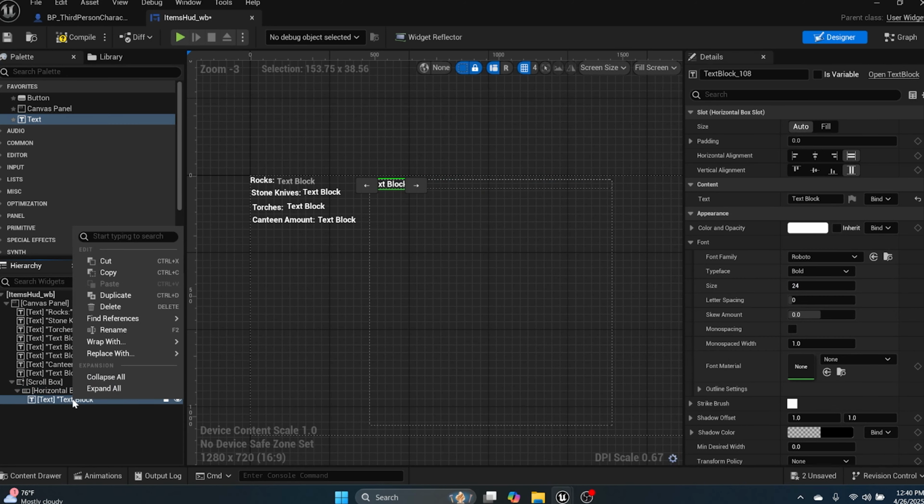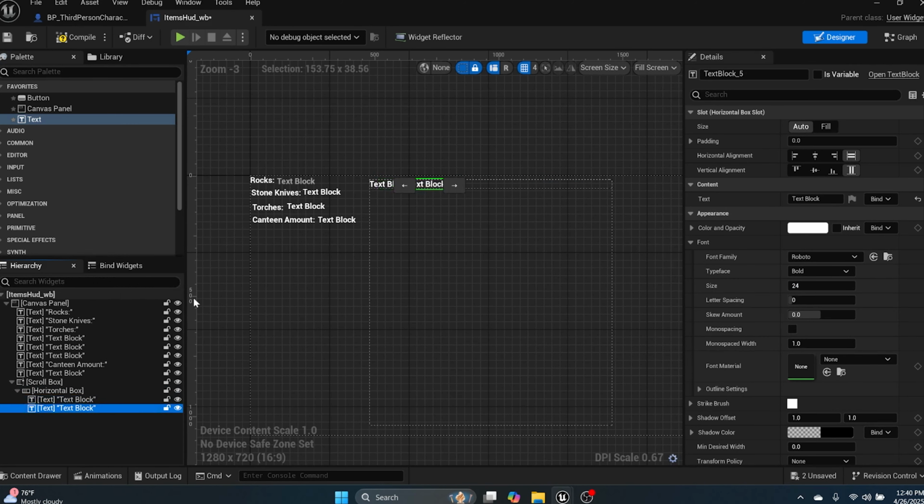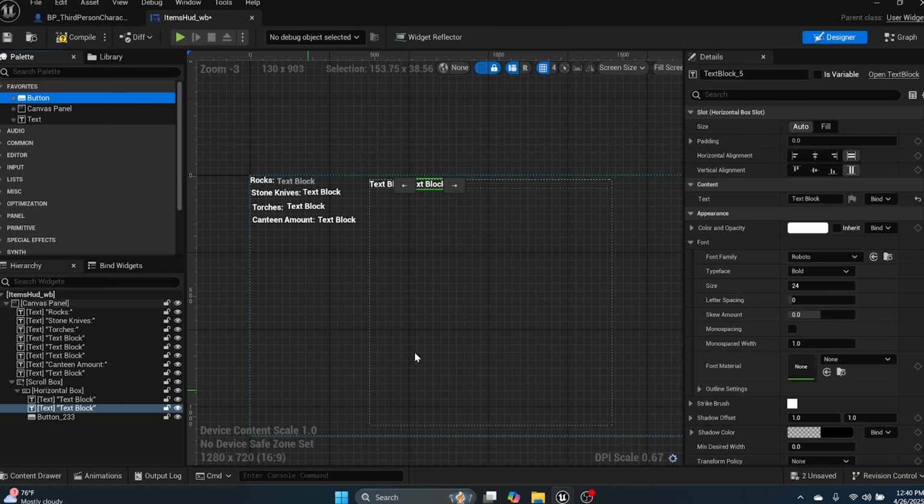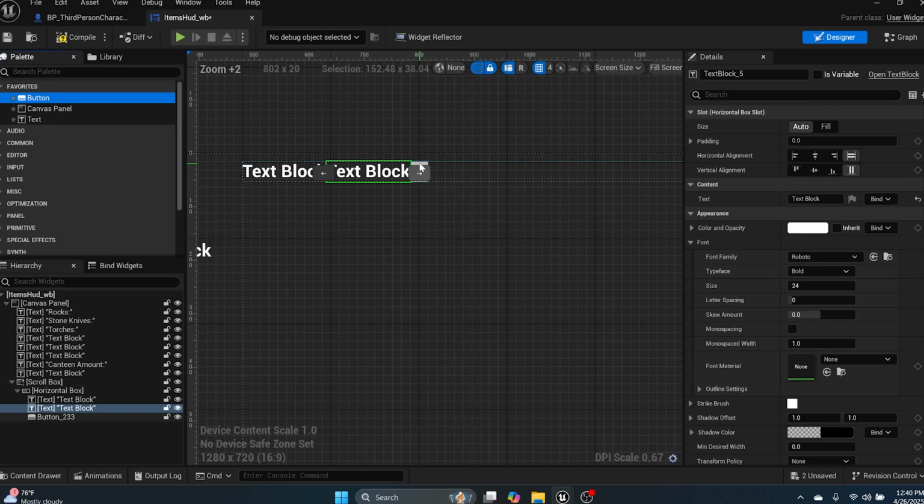And then you can duplicate that text. So now you've got two texts. And then we need a button right after that. So right under the horizontal box, drop a button. And this button,